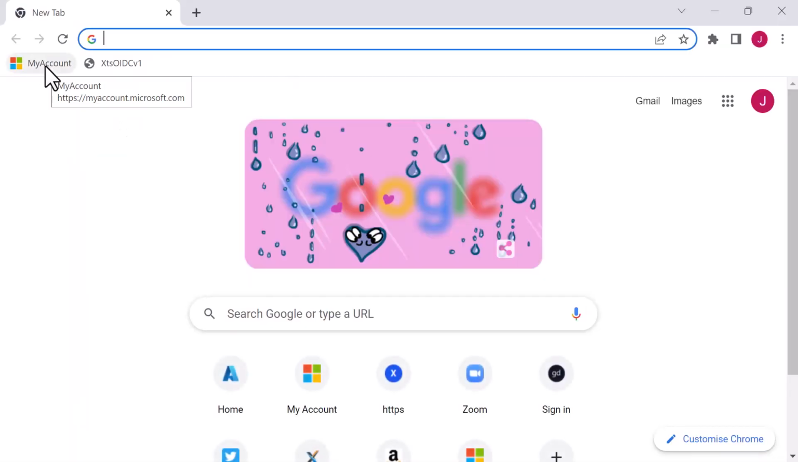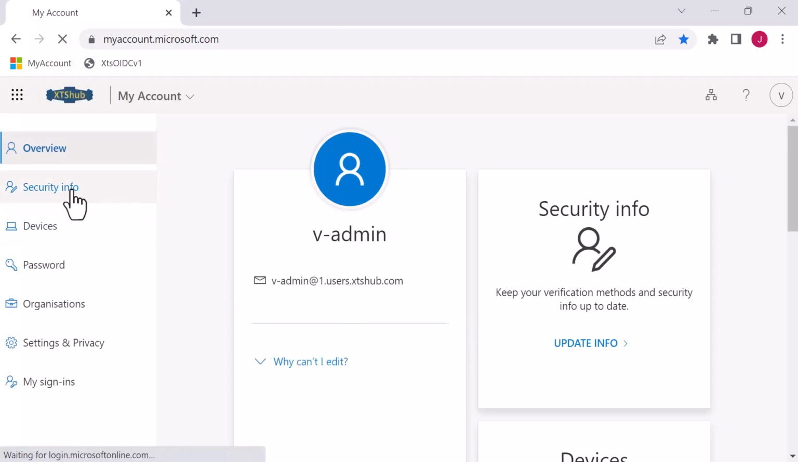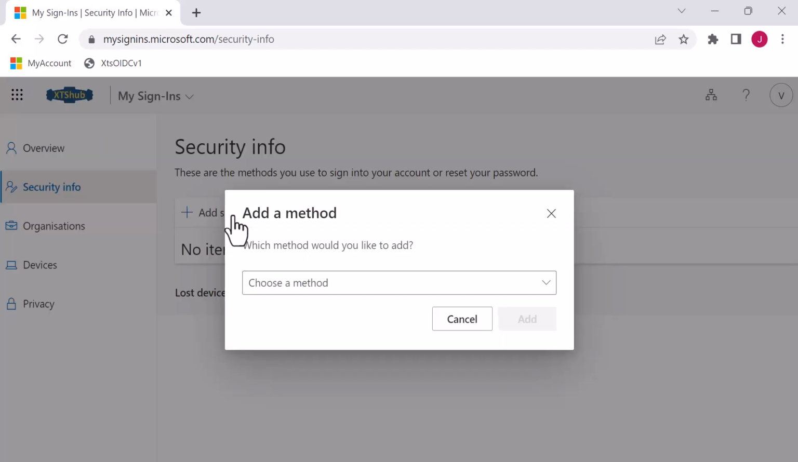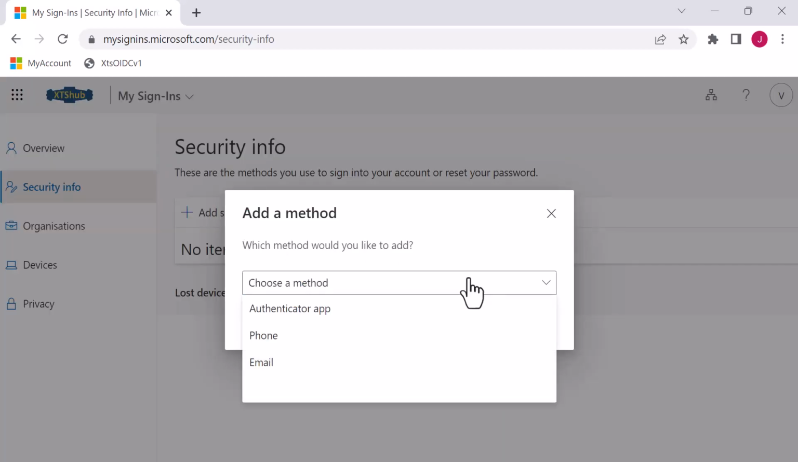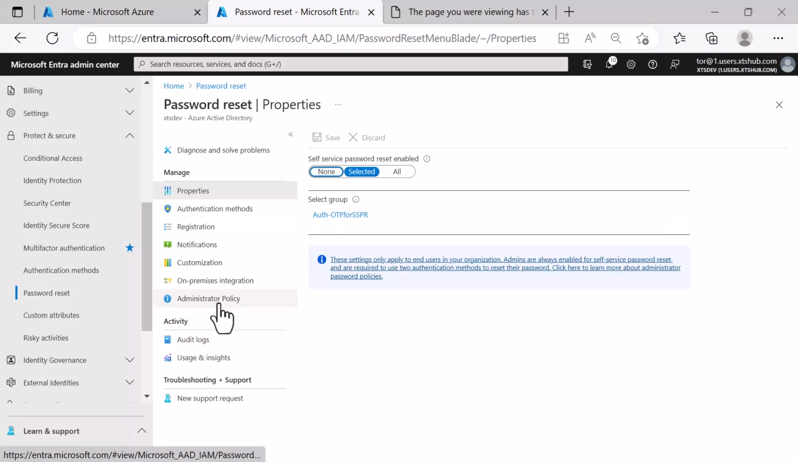So I'm going to go into Google Chrome, and I'm going to select my account, and I'm going to sign in as my administrator. And if we look at security information, what we can see is that she can add various methods for authentication. And you go, hang on a minute, I didn't set any policies. Well, what we need to do is actually look at the password reset, and we see down here administrator policy,